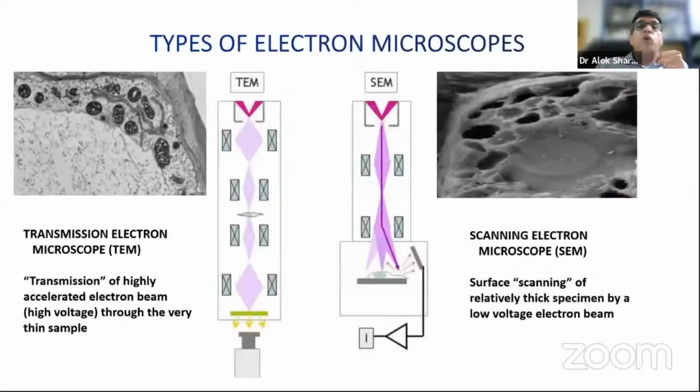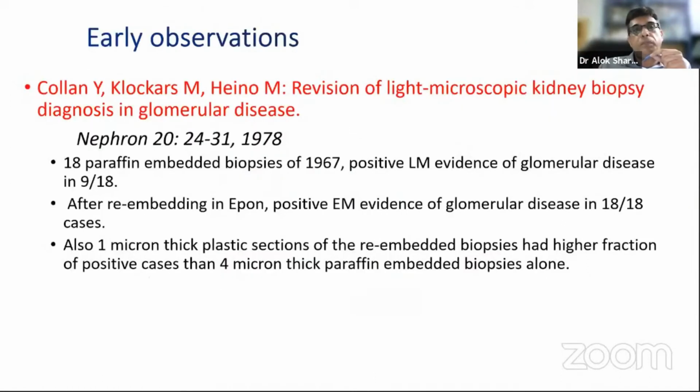When we talk about electron microscope in diagnostic pathology, we talk about TEM, the transmission electron microscope, but that's not the only kind of electron microscope. We should also be aware of the scanning electron microscope, which is not used in diagnostic pathology per se. The basic difference between these two is the amount of voltage used to accelerate the electron beam. In TEM, we use a very high electron beam voltage so that the beam can actually pass through a section. That's why it's called transmission electron microscope. Whereas in scanning electron microscopy, because the voltage of the beam is low, it just gets reflected, and you can see the surface of whatever you want to see in very detailed observation.